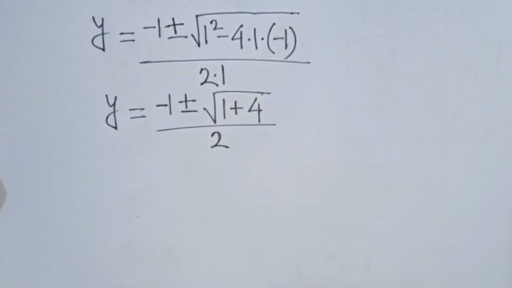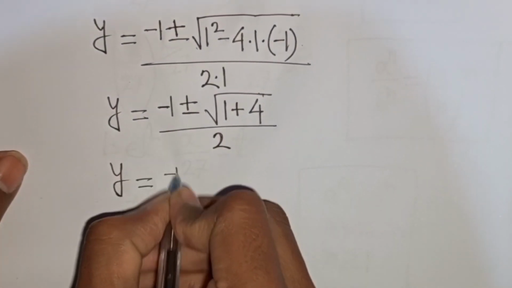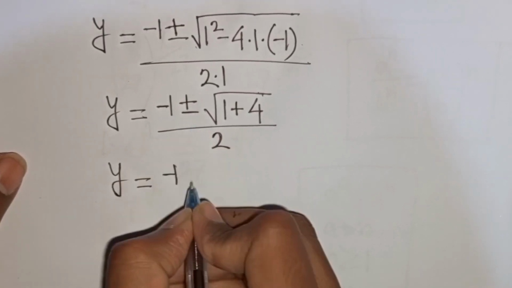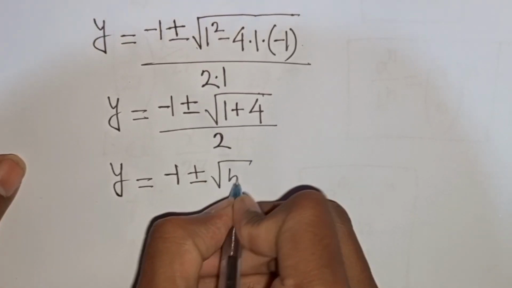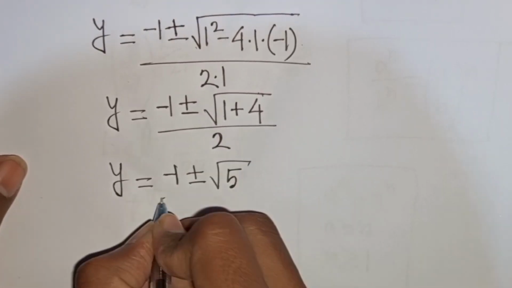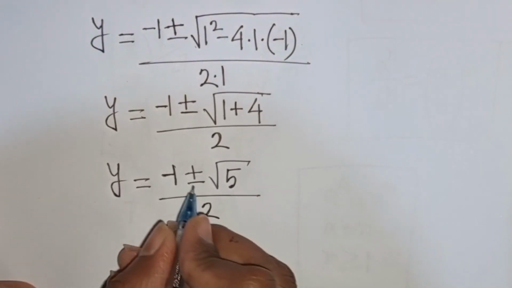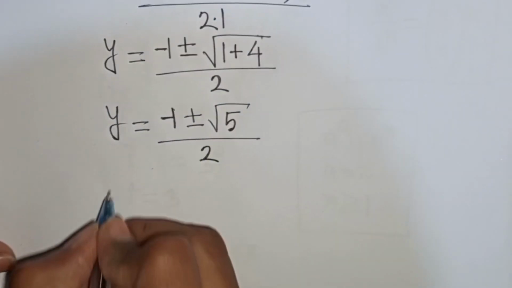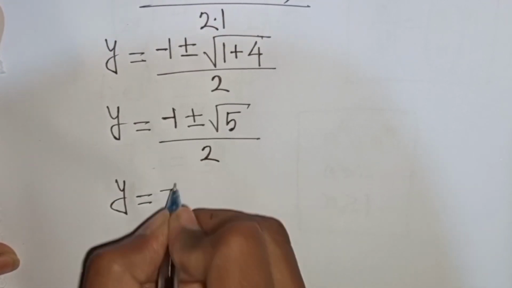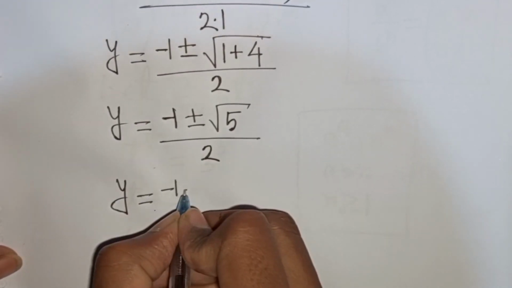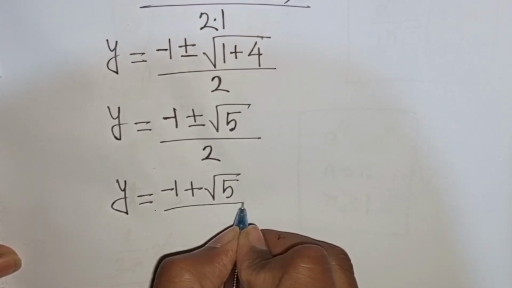Now I can write y is equal to minus 1 plus or minus a square root of 1 plus 4, that means it will be 5, then divided by 2. Now we see here two cases, so we can write y is equal to minus 1 plus a square root of 5 divided by 2,